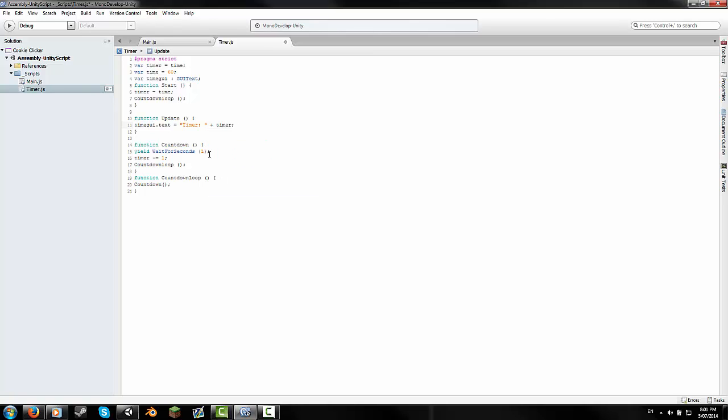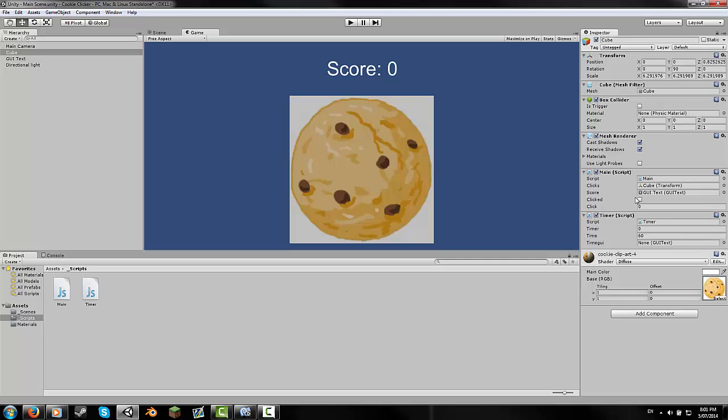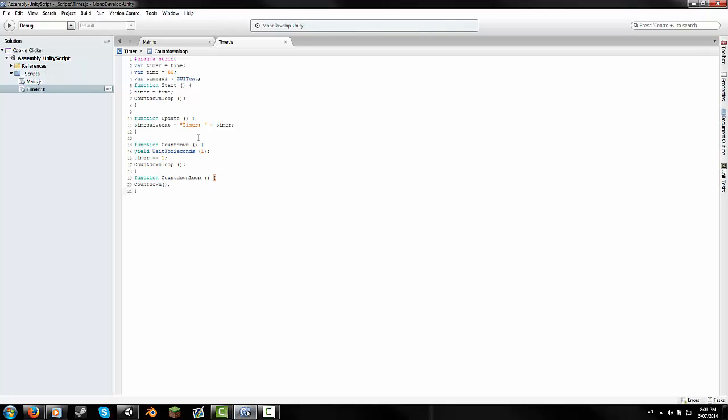So, I don't know if I explained this to you guys last time, but what this means is this timeGUI, which we select in Unity, as you can see, here we go, as you see how I said you select it here, you choose which one you have done, this is what it means, so that timeGUI,